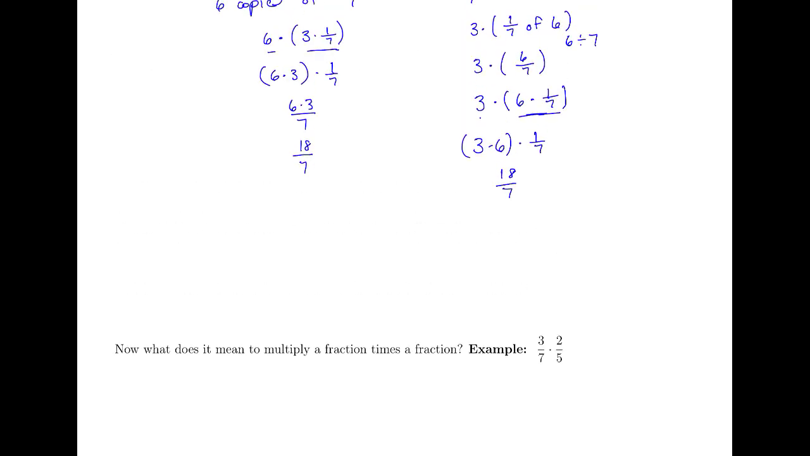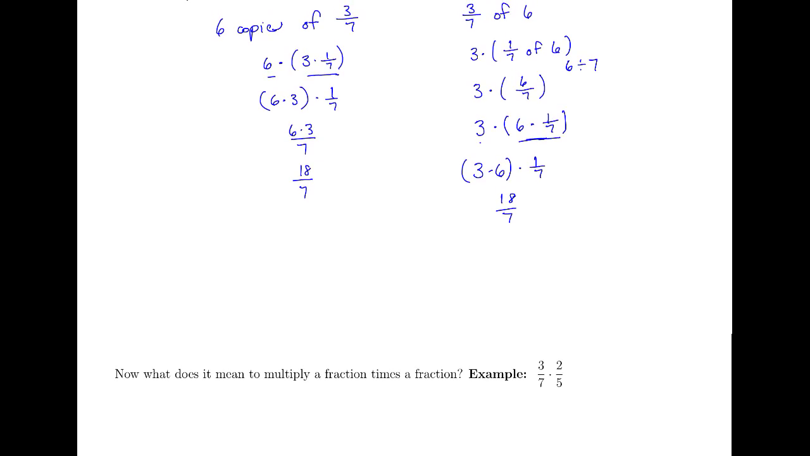So now let's talk about what it means to multiply a fraction times a fraction. And this is actually going to fall out pretty easily. If we can use this notation of mathematics, but also understand these concepts, then it'll fall out pretty easily. So again, this is 3/7 times 2/5. And I want to think about, well,